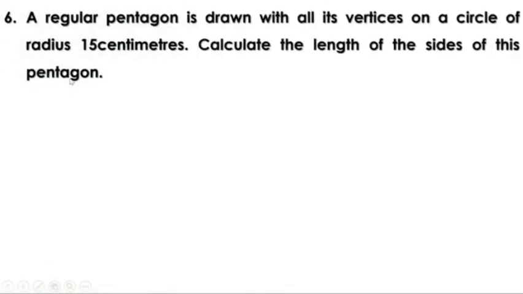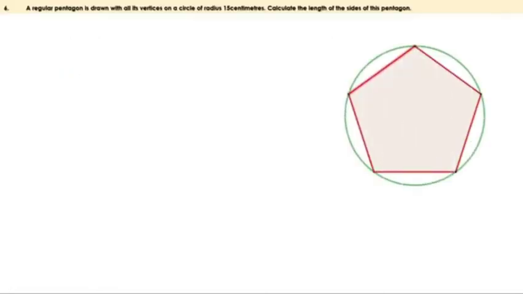Sixth question, a regular pentagon is drawn with all its vertices on a circle of radius 15 cm. Calculate the length of sides of this pentagon. So we have a pentagon, regular pentagon. So all sides are equal. 5-sided figure is called a pentagon. You know, a figure with 5 equal sides is what we call a pentagon. So ABCDE is a pentagon. O is the center of the circle of the pentagon. Given that the radius of the circle is 15 cm, we have to find length of the sides of this